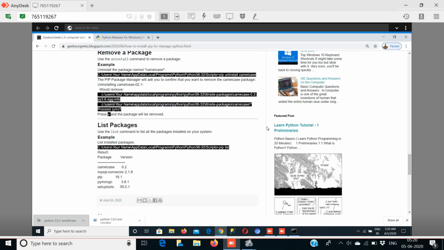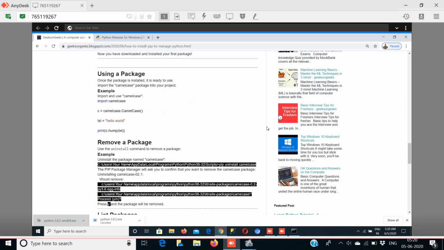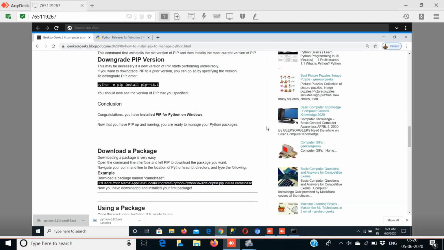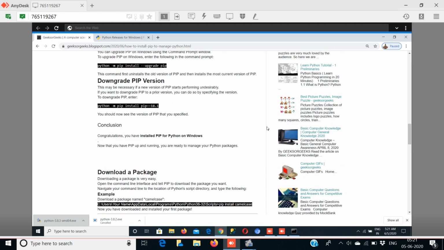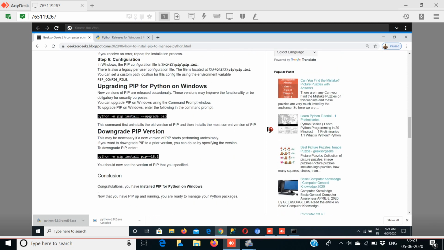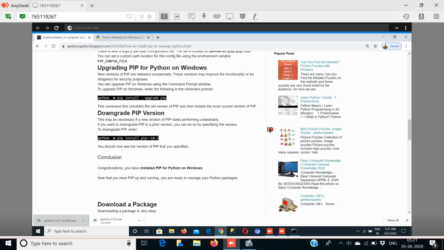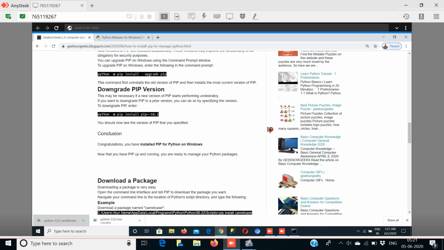We can say package or library. You may also upgrade or downgrade your pip version by these methods. For upgrading, python -m pip install --upgrade pip. For downgrading, python -m pip install pip==, and the version you want, an earlier version.